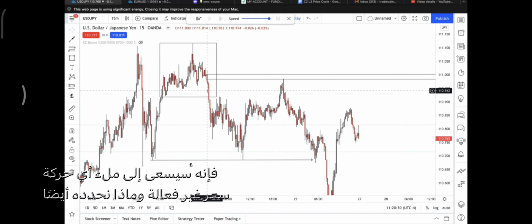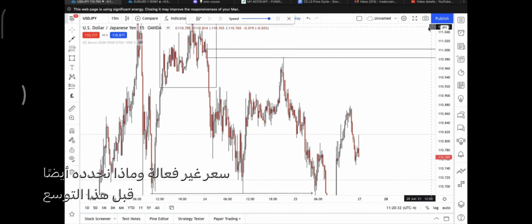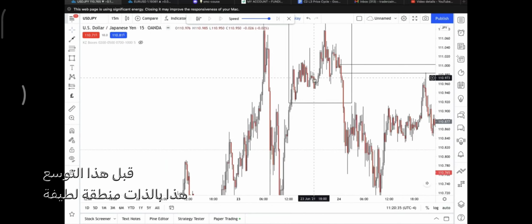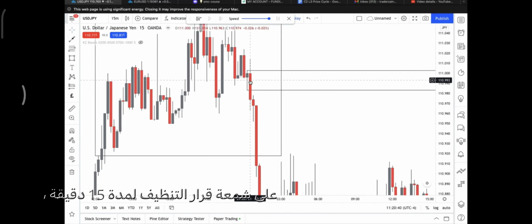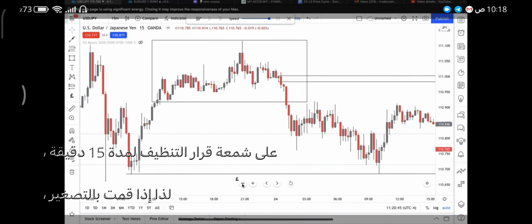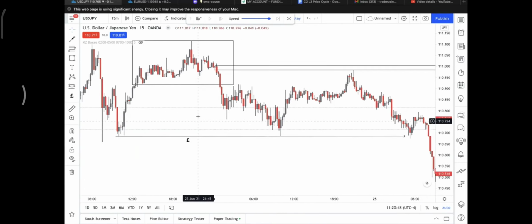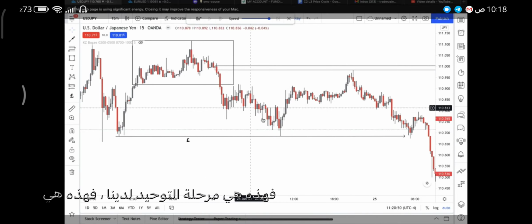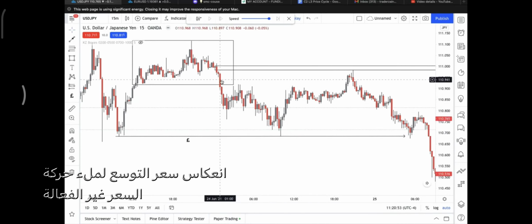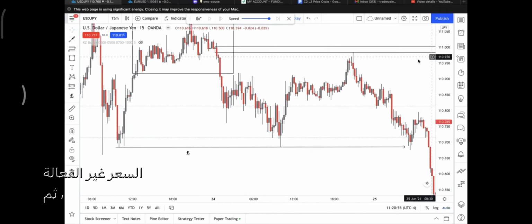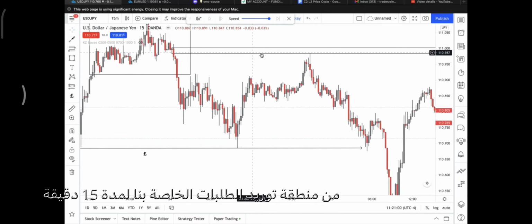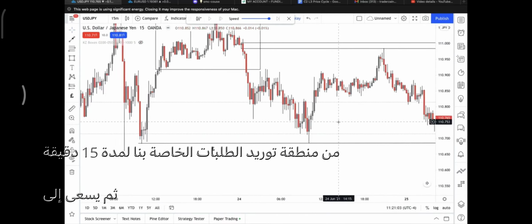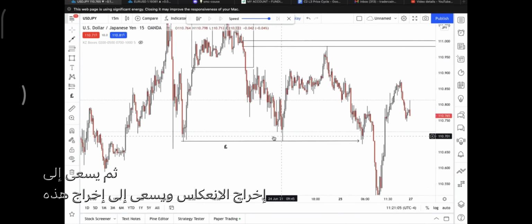any inefficient price action. And what do we also identify before this expansion? This very nice zone on the 15-minute, clean indecision candle, right? So now if I zoom out, this is our consolidation phase, this is our expansion. Price reverses to fill in that inefficient price action, and then we get that reversal. Price mitigates our 15-minute supply zone, and then the reversal seeks to take out this